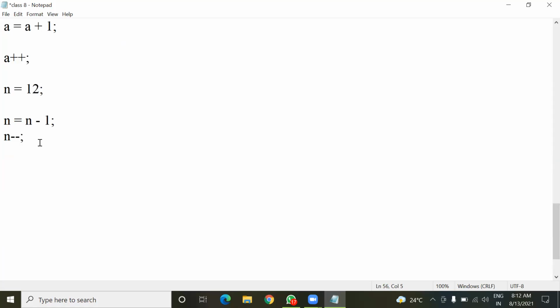Now the next one is the assignment operator. It is number 5.